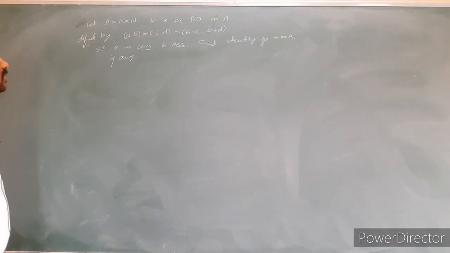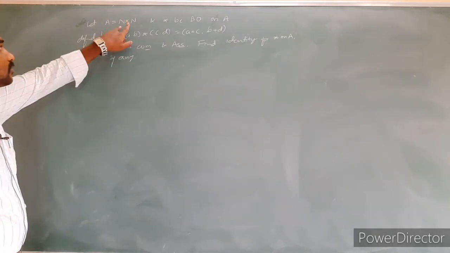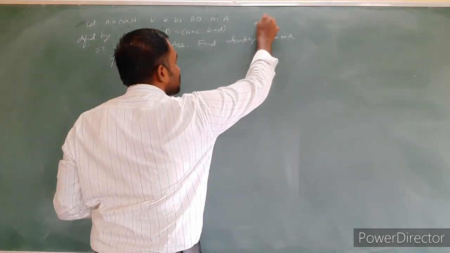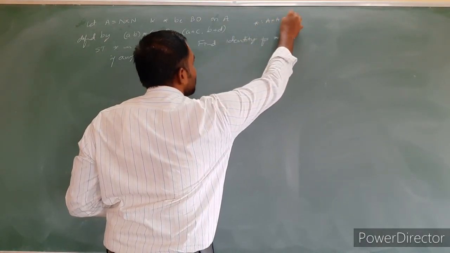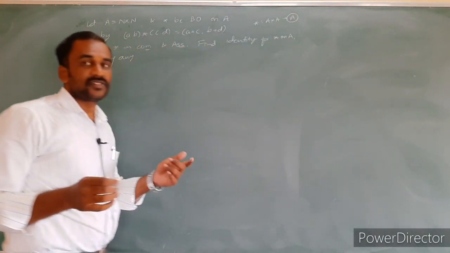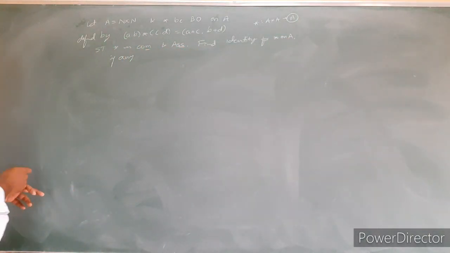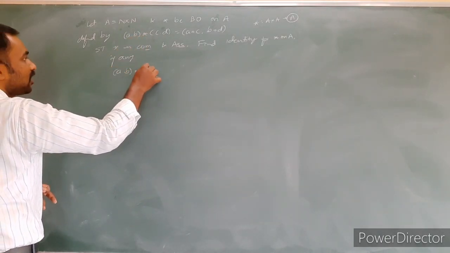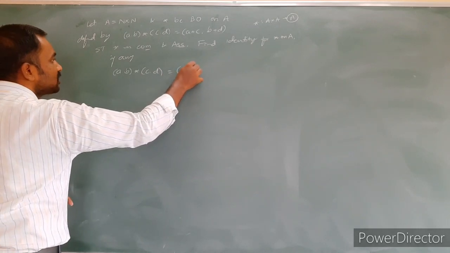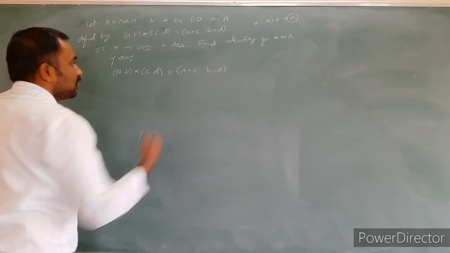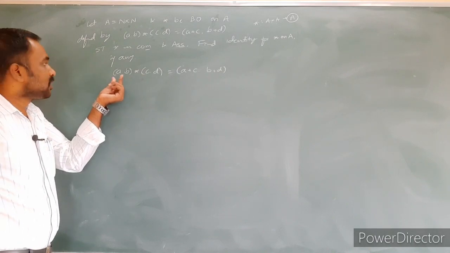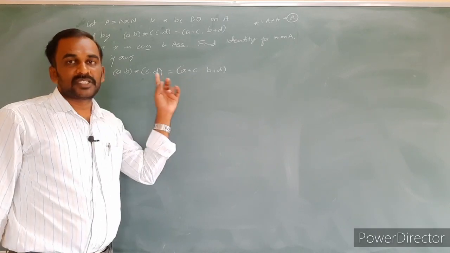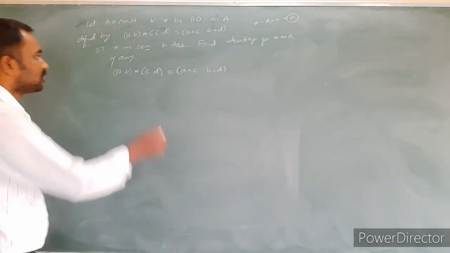Anyhow, A is equal to N cross N. Set A is a Cartesian product, and star is the binary operation on N. Star being a binary operation means A star A is equal to A. Here the domain set is also a Cartesian product, with ordered pairs. Here is the definition: instead of A star B, for ordered pairs, (a, b) star (c, d) is equal to (a plus c, b plus d). That is, the sum of the first elements and the sum of the second elements of the ordered pairs.